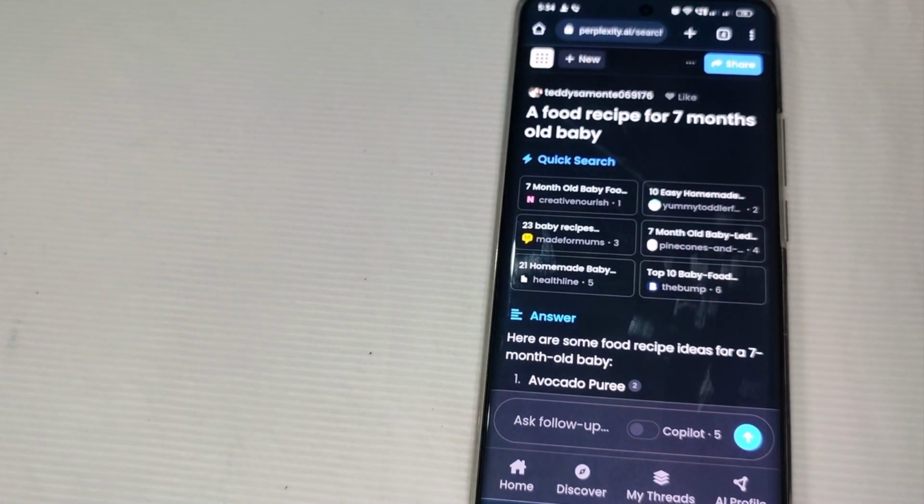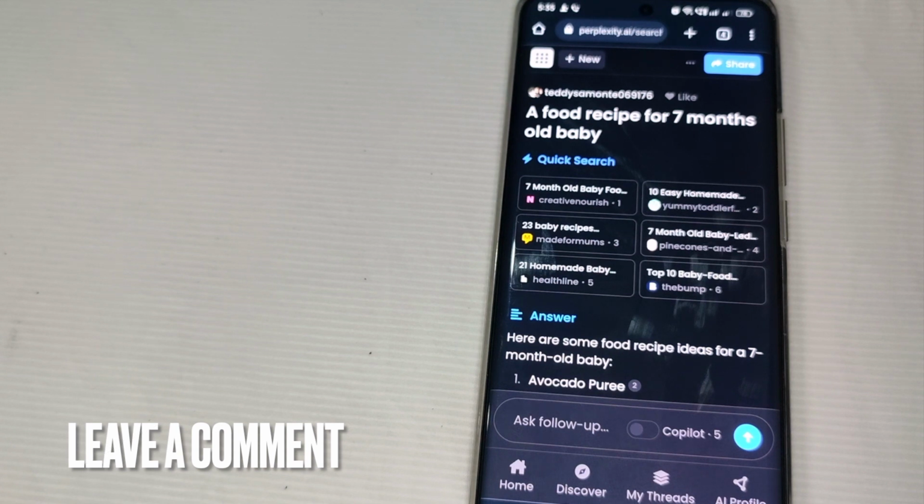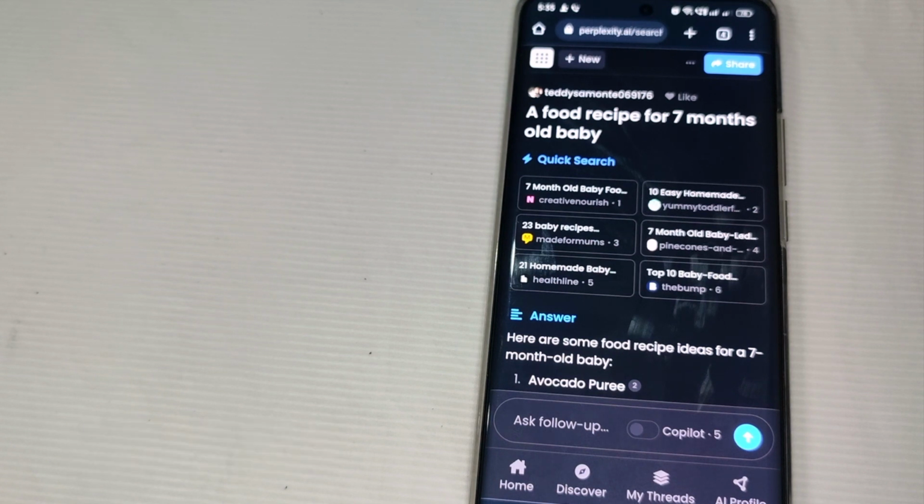Alright, so there you go. This is how to use Perplexity AI. So if you want to know how to use Perplexity AI, that's the easiest way I know. And if you know another way on how to use